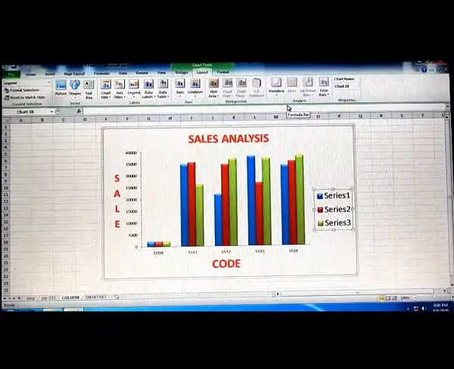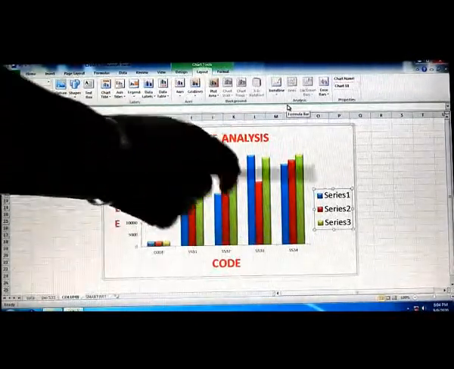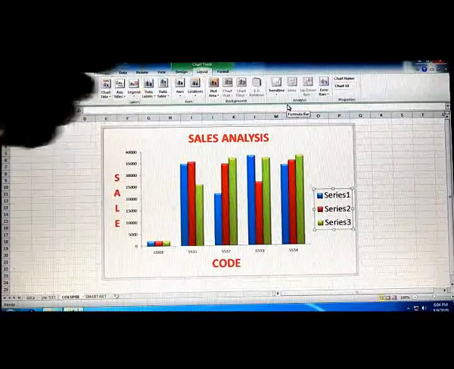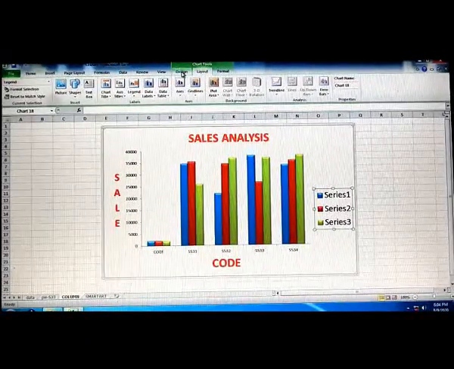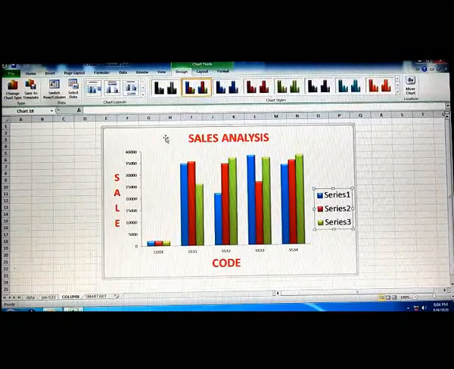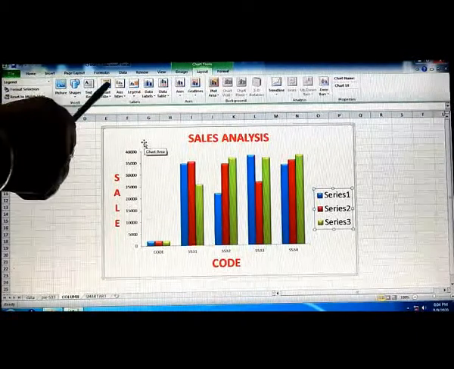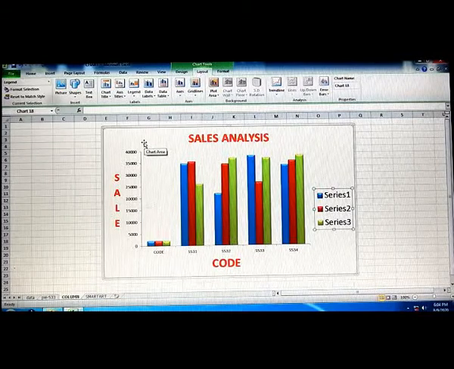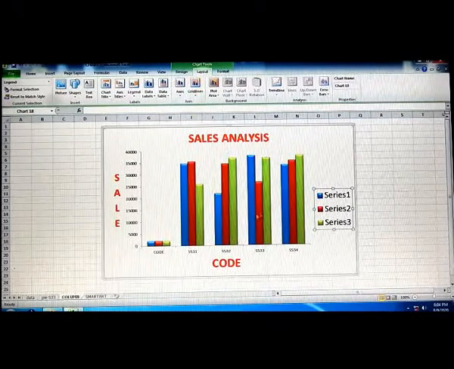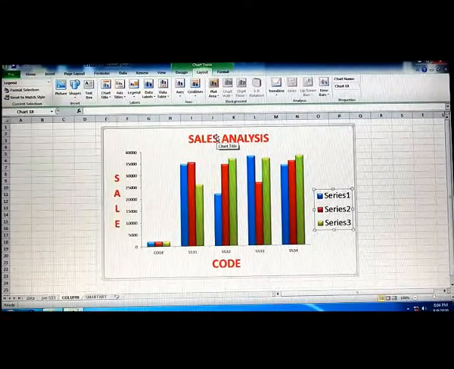So children, all the options related to designing, with the layout, their layout meaning the depiction of the chart, will appear in the layout tab. The chart data type, subtype and the style of the chart will appear in the design tab. In the layout tab: chart title, axis title, legends, data label, data table, axis, grid lines, they will appear in the layout tab. So this was all about the components of the charts.